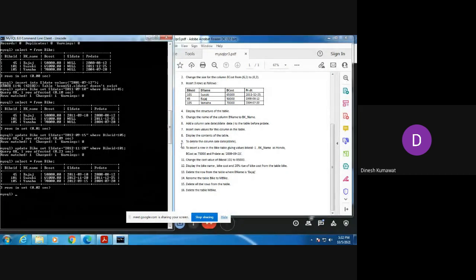That is question number 9. To delete the column sale date, in short SL date, which means the column we just added, now we have to delete it. Now you will ask, sir, why did you make us go through all this trouble if we had to delete it anyway? Okay, we required this for knowing how we are going to add any column in between two columns, or you can say add any column after any of the columns. So this is required for your knowledge. If you get a chance somewhere, you can do it.